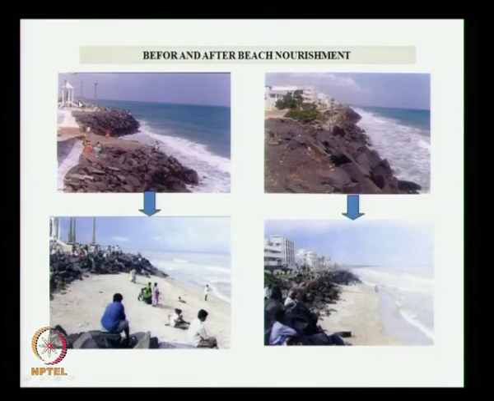This is the famous Gandhi statue on Pondicherry beach, where they had put the sea wall to protect, and waves were breaking on the sea wall, but now after we did the artificial nourishment we can see the beach formation here, people are enjoying the beach here. And another stretch where the rubble mound sea wall was subjected to wave attack, after we have done the nourishment you can see the beach which has formed. The unfortunate thing is they have discontinued this artificial nourishment. Now we are seeing like this only, not like this. No beach in Pondicherry.